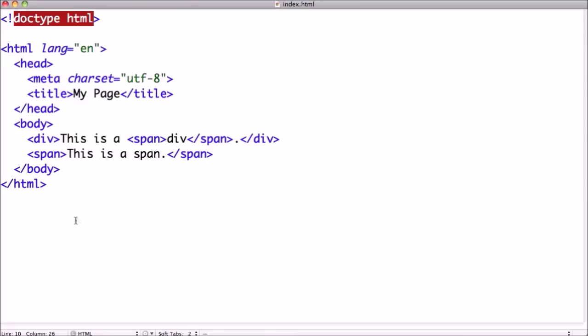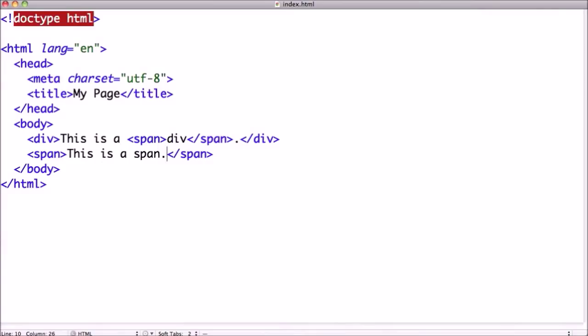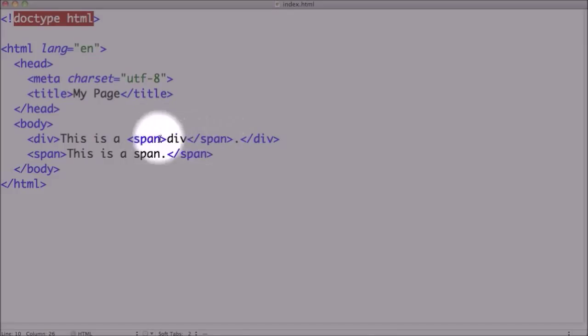We'll get to the finer differences a little bit later on, but for now, all you really need to know is that a span tag is what's called an inline element as opposed to a block level element. An inline element does not push things out of the way. Rather, it stays in line with everything else on the page and does not disrupt the flow of elements. So, as you can see, we put a span tag inside of our div tag, and it didn't push anything